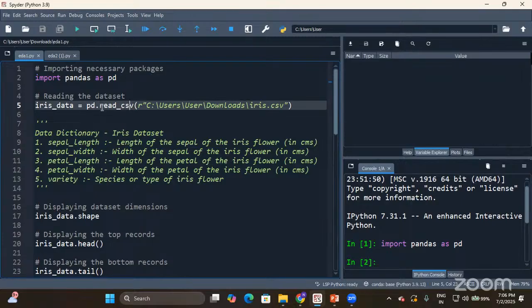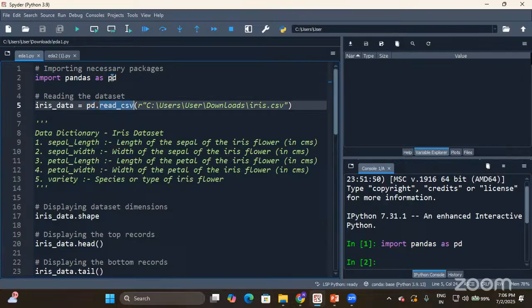It should be used in this way. As I have imported the entire pandas, it will be pd.read_csv. You cannot directly use read_csv. The reason is, if you import read_csv alone, then you can use it directly.